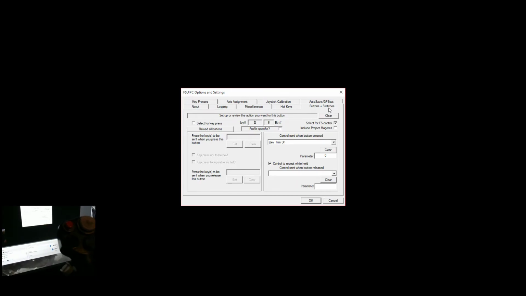So when you're obviously putting it up, you want down. Yeah, so you're trimming down. So you're obviously pushing the aircraft down, nose down. So elevator trim down. So again, FS control, elevator trim down. Now, what you want to happen is you want to click control to repeat while held, because